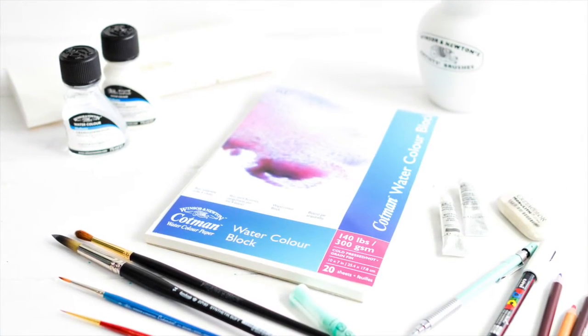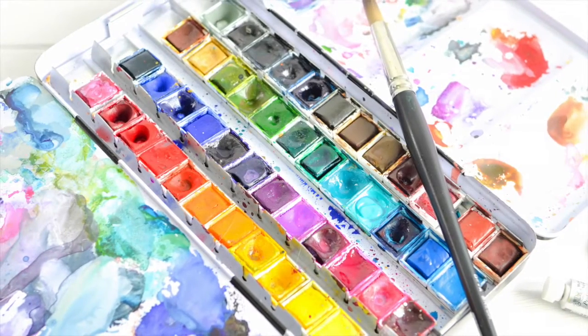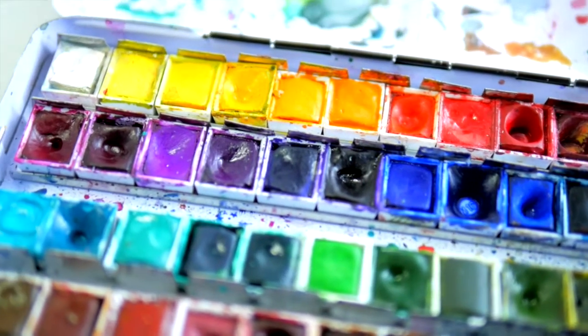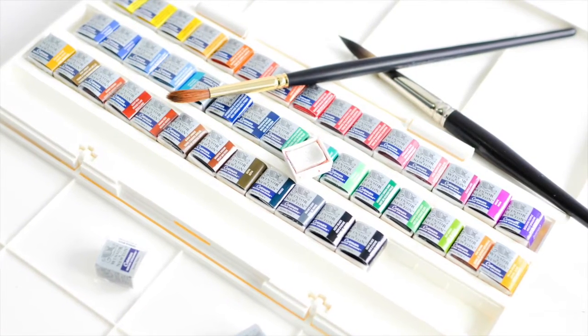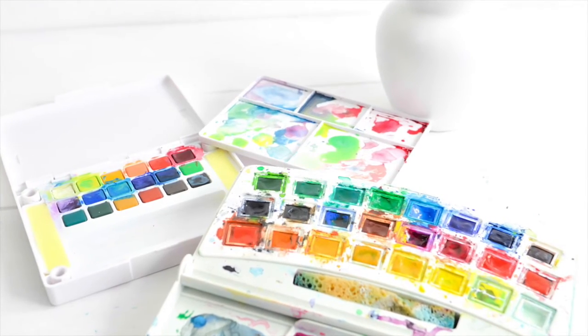In this video I'm using the following art supplies. The paint I use is Winsor & Newton Professional Watercolors. This is an artist's quality paint. Artist's quality is the best type of watercolor there is, but pretty expensive. If you want to use a good student quality paint, try Winsor & Newton Cotman, Van Gogh watercolors by Talens,